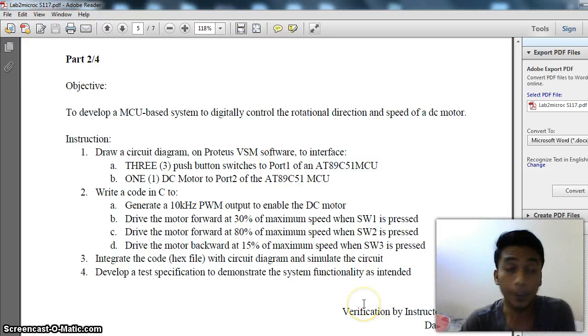And in this part, we have to develop an MCU-based system to digitally control the rotational direction and speed of a DC motor. First, we have to draw the circuit diagram for part 2. That is a simulation. It consists of 3 push button switches on port 1 and 1 DC motor on port 2 of the 89S51. Okay, and for this task, we have to generate a 10 kHz PWM output to enable the DC motor,